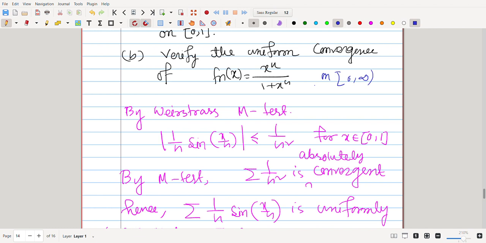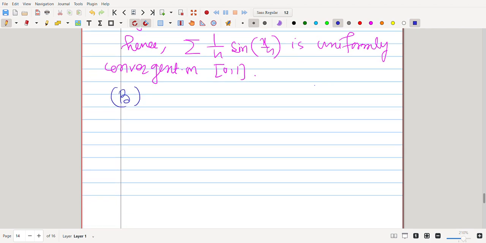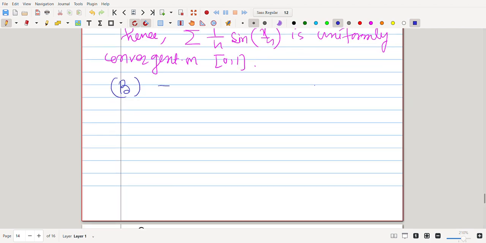So yeah, on 0 infinity. So verify the uniform convergence of f n x equal to x to the n by 1 plus x to the n. Okay,